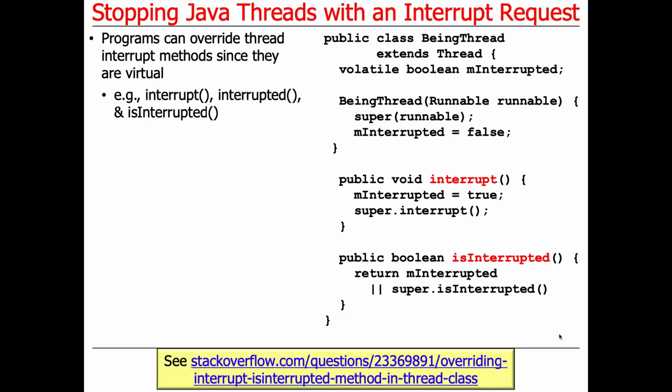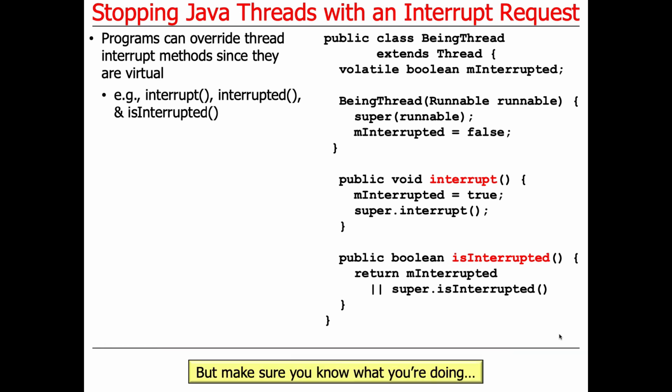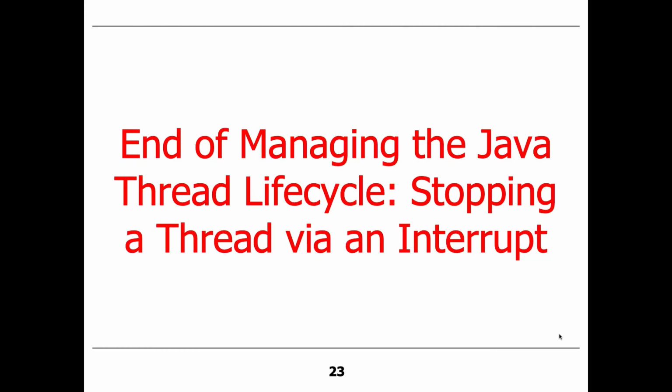And this is an example I wrote at one point for a project not unlike what you guys are doing with the Palantiri simulator, where for various reasons I wanted to redefine interrupt and isInterrupted. Make sure you know what you're doing. If you start overriding these methods, it could cause chaos and insanity, so be very careful with it. But it is possible to do so, so I just wanted to point that out. Okay, so that's the overview of using the interrupt request mechanisms built into Java as a way to cause a thread to voluntarily shut